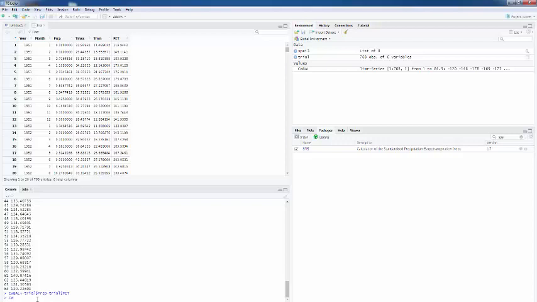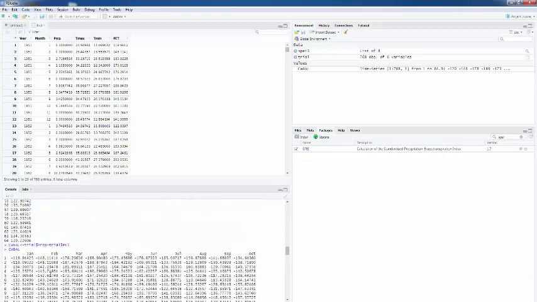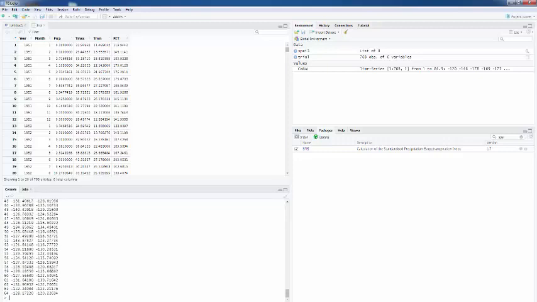CWBAL. Okay, cumulative balance data are already here. You can see this. All data are already here. Now you can calculate the SPEI data very easily, because all the data, PET and cumulative balance data, are in